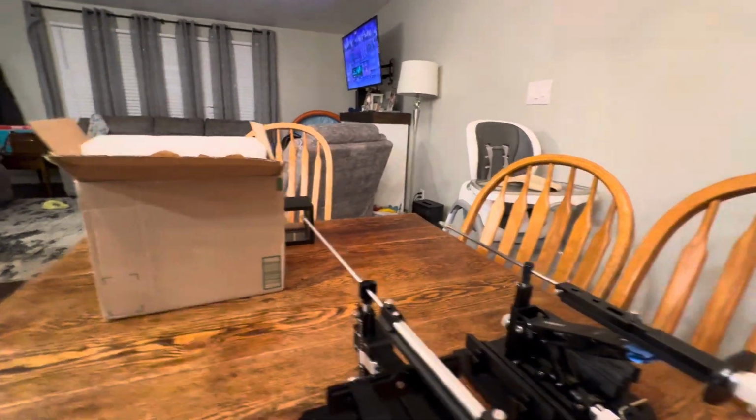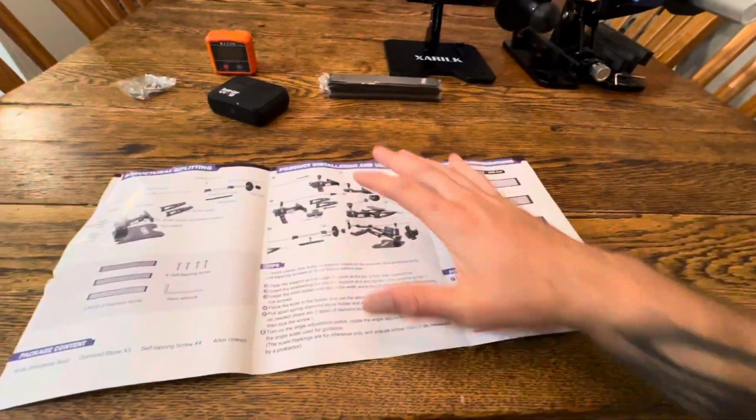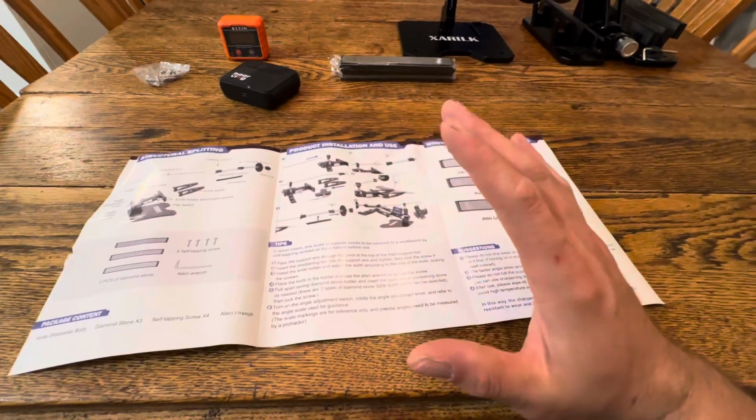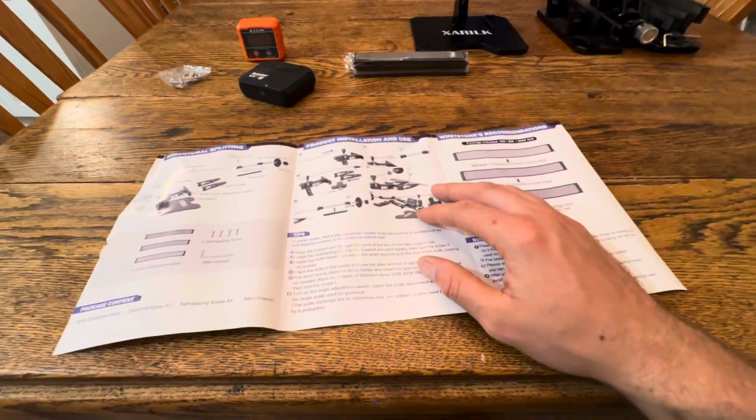So I'm still figuring that out. But that is one complaint, and it's very simple. Put some detailed descriptions. Go the extra mile. If you understand your product, go in deep